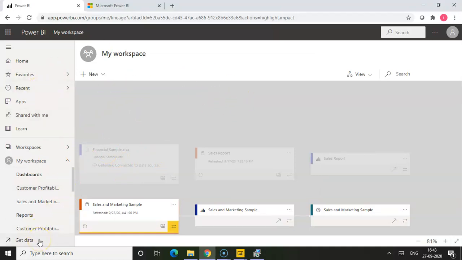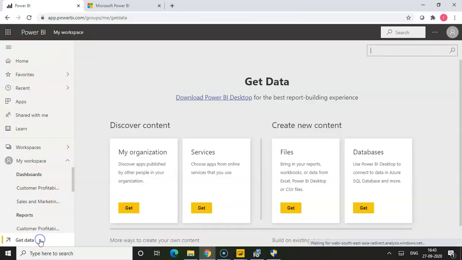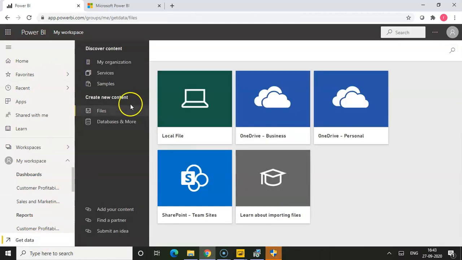Let me go back to the Get data option. This is Samples. Else if you want to connect with any data, click on Get data, Files.